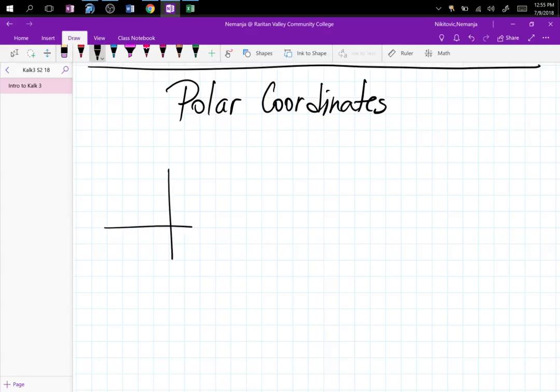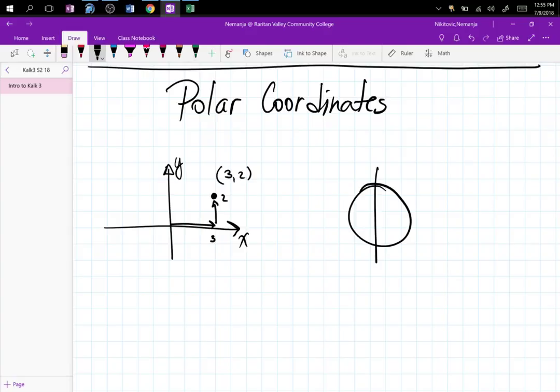the xy realm doesn't work well with curves. So if I need to locate a point, I can go 3 units this way, and then 2 units up, and then I know that the location is 3, 2. Awesome, right? But then we run into an issue: if I have a circle with radius 3, I get an equation that is not a function, and then I have to suffer through parametrization, or